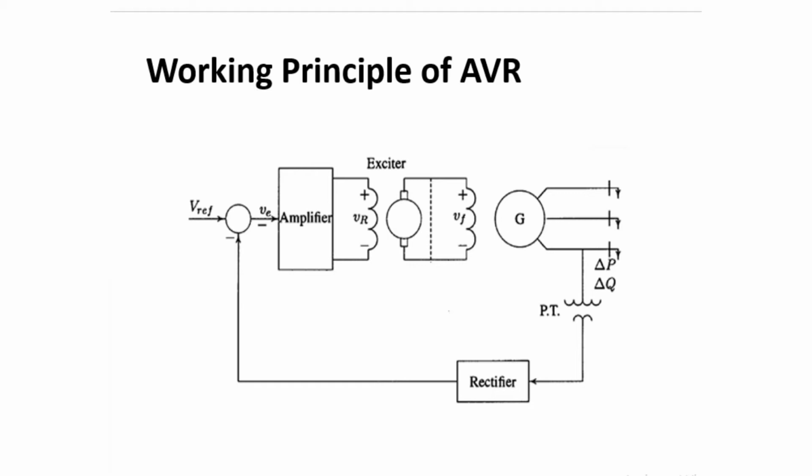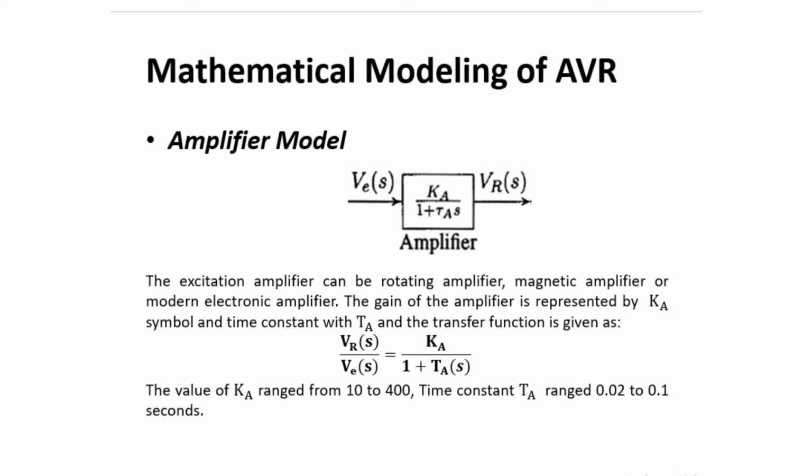Now coming towards our mathematical modeling. Students, in any control design, initially the mathematical modeling of a system is performed, and without mathematical modeling it is almost impossible to design a controller for a system. A controller could be designed using practical results from the system, but working directly on a practical system is quite a risky task. So first mathematical modeling is done in order to conduct a proper analysis of the system.